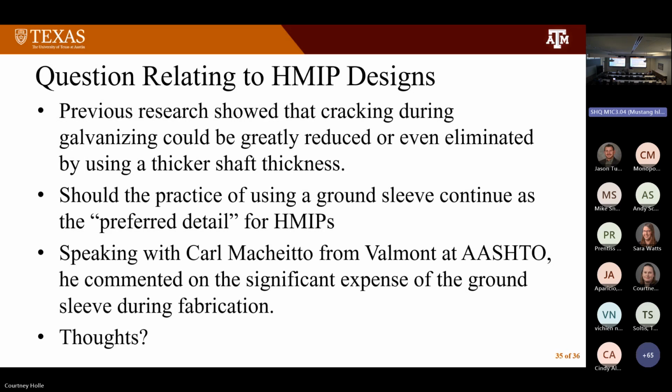Yeah, we've been looking at standardizing the base connection. That was a huge topic last year. We have some structures that have stiffeners, some structures that have the ground sleeve. Some of them look a little different. So for similar structures, we're trying to have a similar philosophy around it. It seemed like different fabricators had different opinions on whether the stiffeners or the ground sleeve were easier to fabricate. And everybody has their own way of doing things too, right?